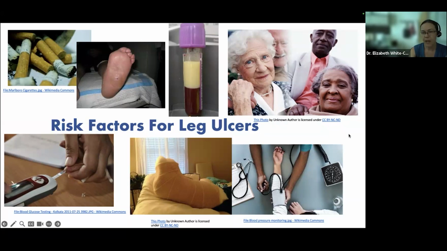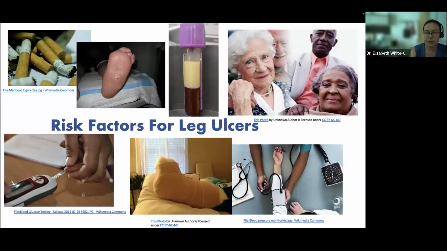Hyperlipidemia, that's the nice cholesterol rising to the top there. And older age. As we get older, our skin changes, the balance between our oil glands and our sweat glands. We might be on multiple medications. I say we because it's going to happen to the best of us. That we might be on different medications that could thin our skin or make it more prone to injury, and having multiple comorbidities that can impact our skin.